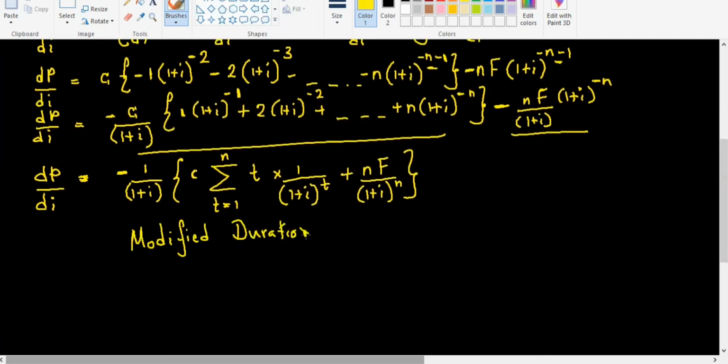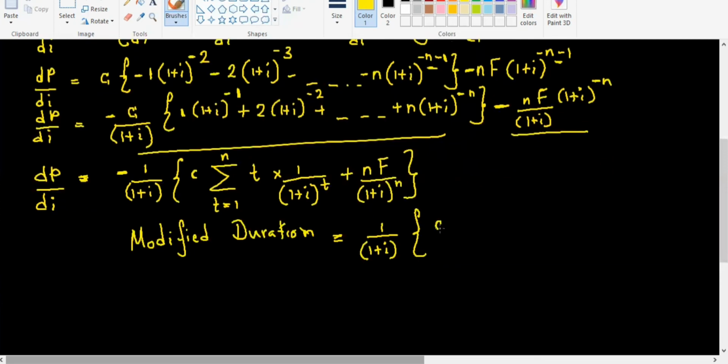We take this negative out, and we write this modified duration as 1 over 1 plus i, which is the yield, multiplied by